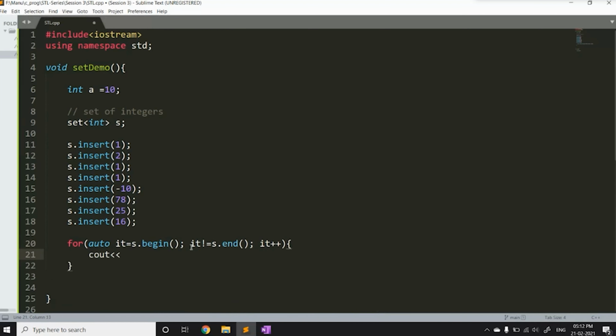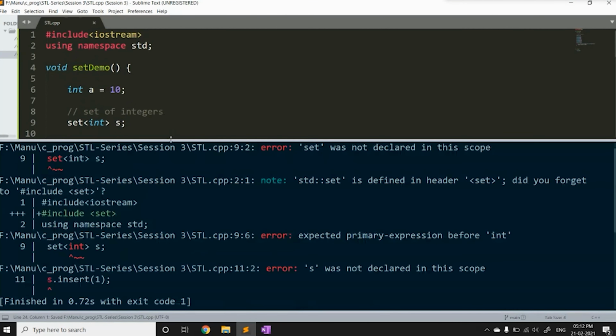Now I will just output the element that is currently inside the set. In order to do that, I will use the star operator. This star operator is basically accessing the value which the iterator is currently pointing to. I hope that's clear.